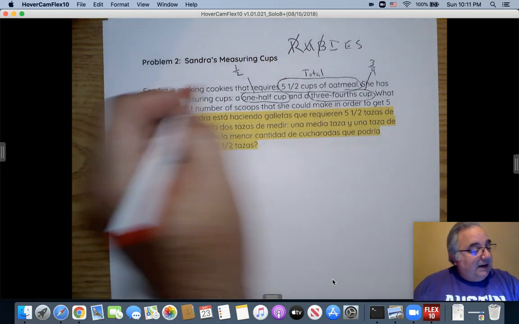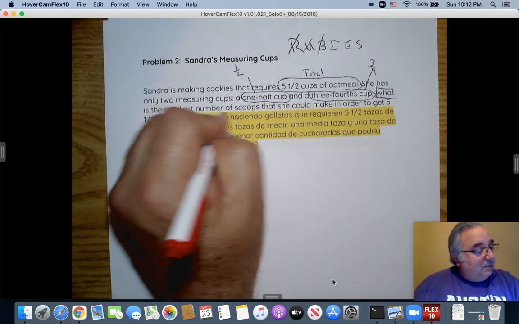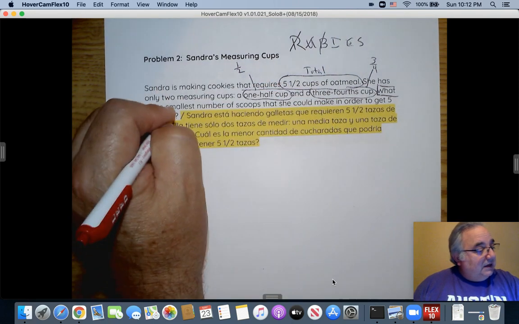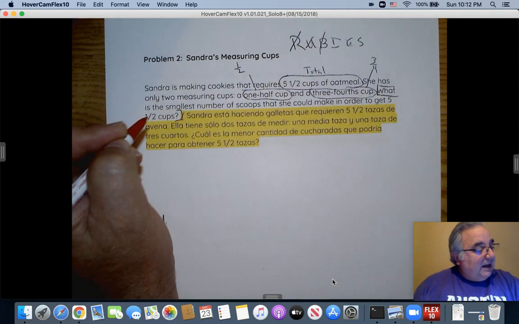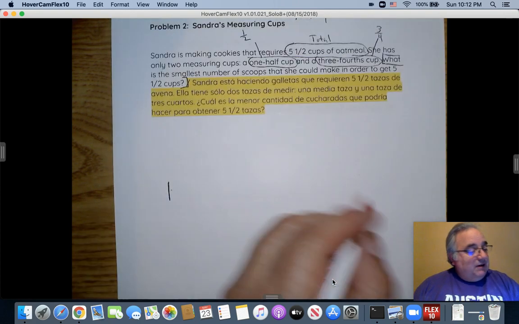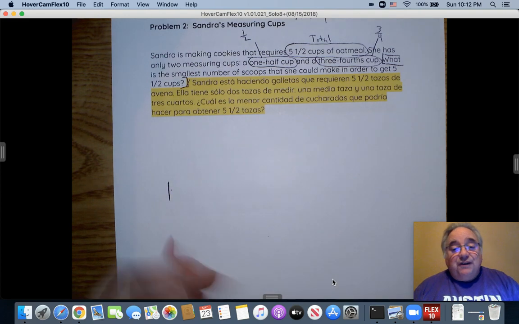What I need to find out is, what is the smallest number of scoops that she could make in order to get 5.5 cups? You know what? I'm visual. So I'm going to do it the way I know how to do it, by using a visual